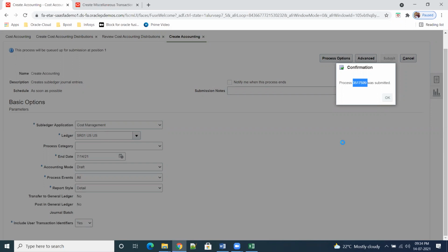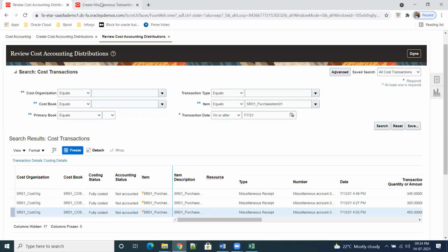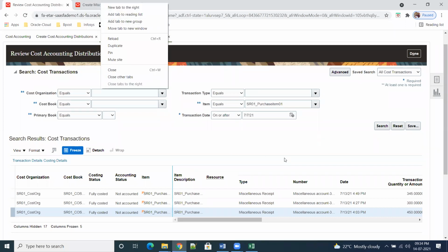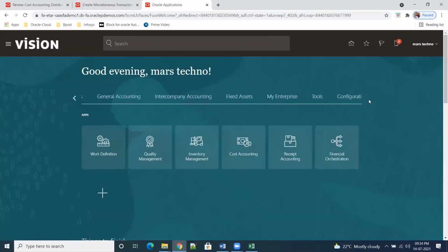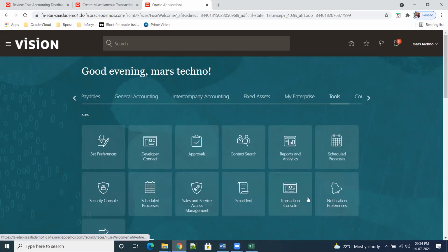I'll try to understand, and if I get some information, I'll share it with you. Where you can see the program: go to tools, schedule process.